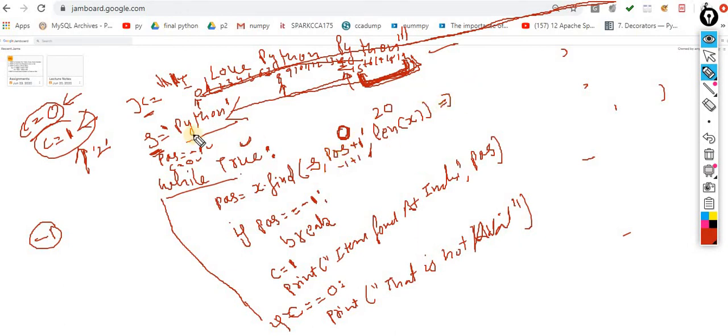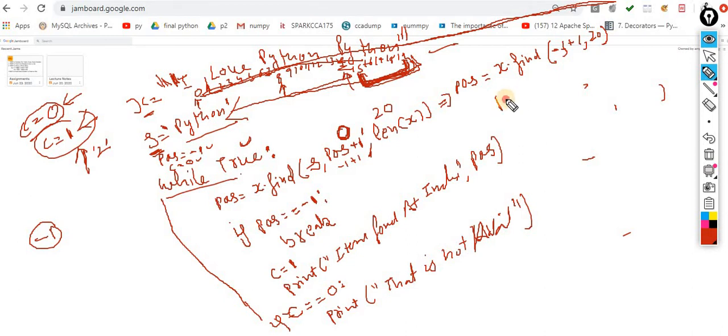In the first iteration, I am looking for Python. Now you can check it out. The starting value of position is -1. If I observe this, my code will be something like this. Find, what is the starting value of position? -1, -1 and +1, that means 0, and len of x is 20.